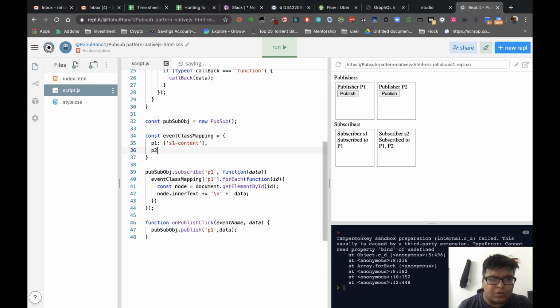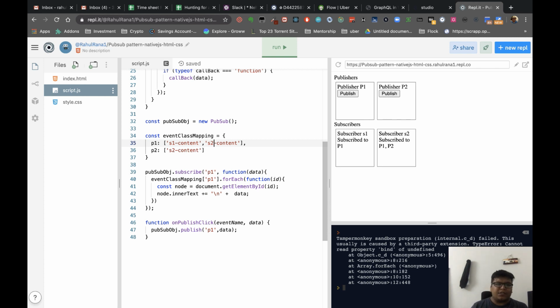So if we do P1 and P2, here we will have subscriber 2, and in event 1 we will also have subscriber 2. That means when publisher P1 publishes the content, it will publish to both S1 and S2, so it's subscribed to both.